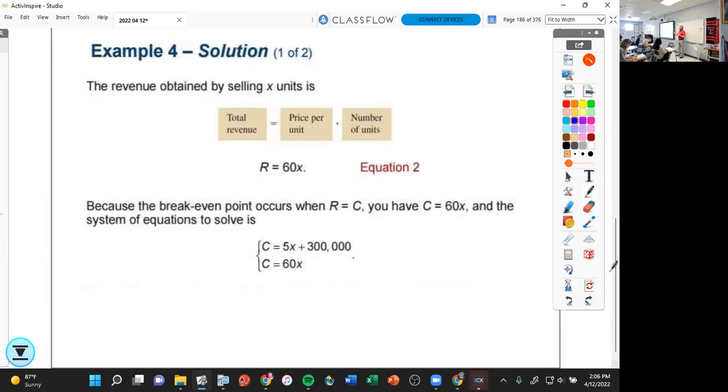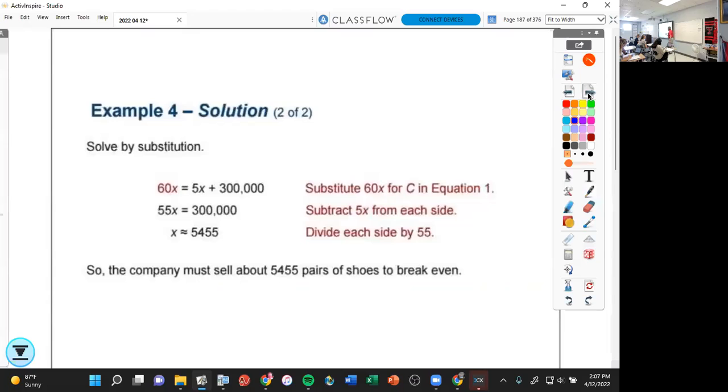Yeah. Because we're looking for the break-even point, at the break-even point cost equals revenue. Allison's already told us what we write down. We write down 60x, that's our revenue, is equal to 5x plus 300,000, that's our cost. And then we solve. That's super easy to solve, right? Subtract 5x from both sides, divide both sides by 55, and we're going to have to make about 5,600